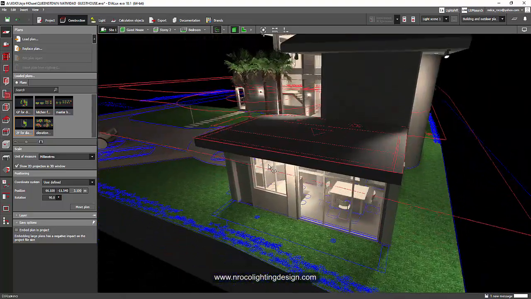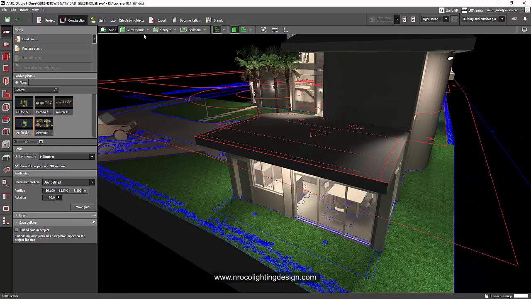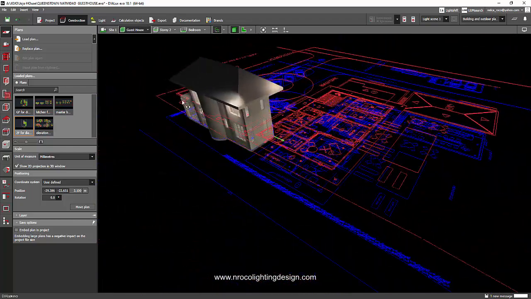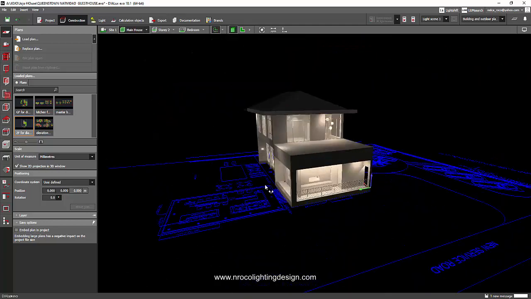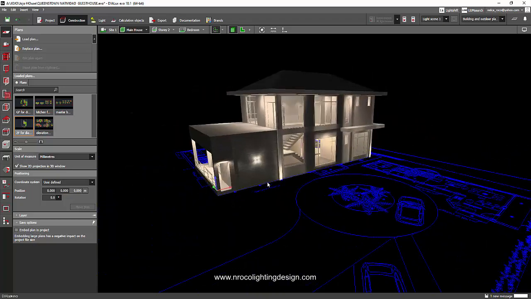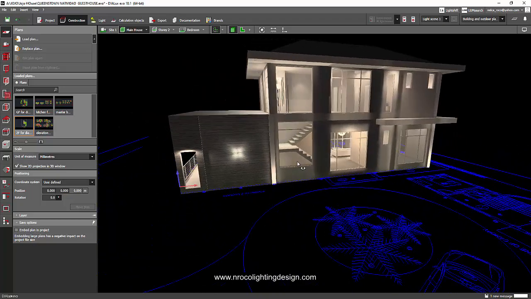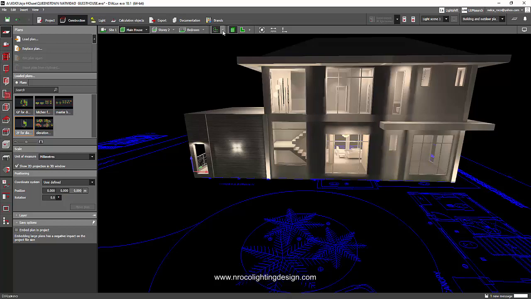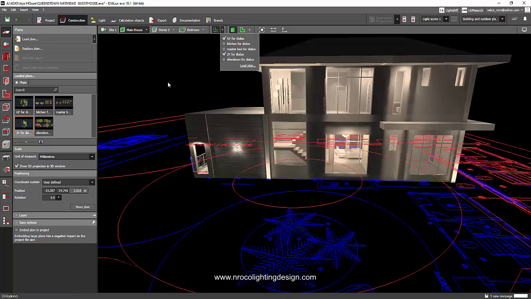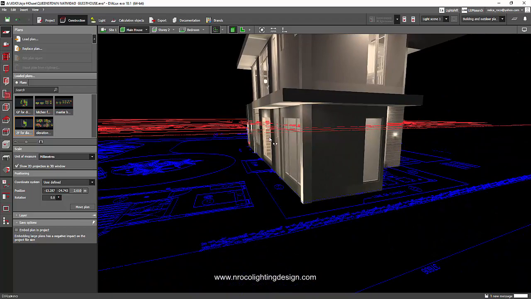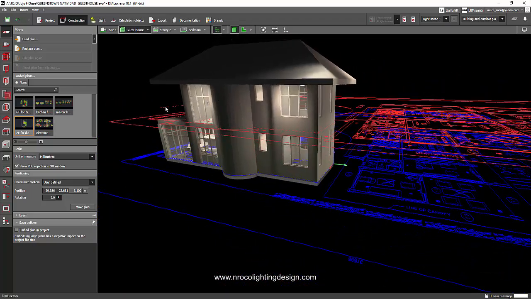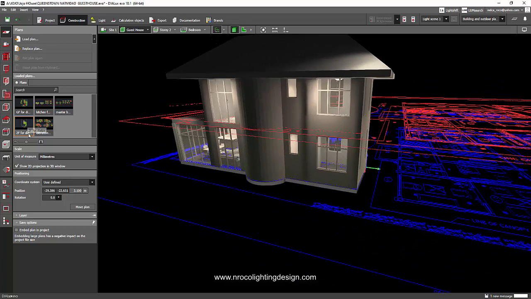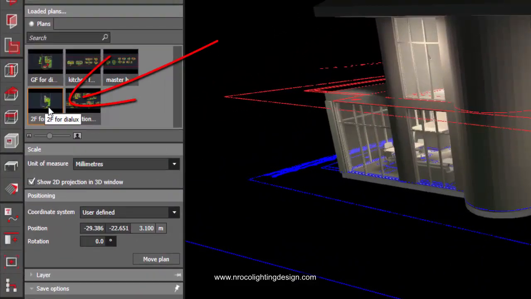Okay, so how to do that is very easy. So you can go to your building tab, individual, and you can see right now this is the main house. And if I want to show my second floor on this one, I'm just going to open this second floor, and you can see it's on the upper part of the building. I think the guest house is the best one. Okay, there you go. And how to do that is click on the second floor tab here on the left